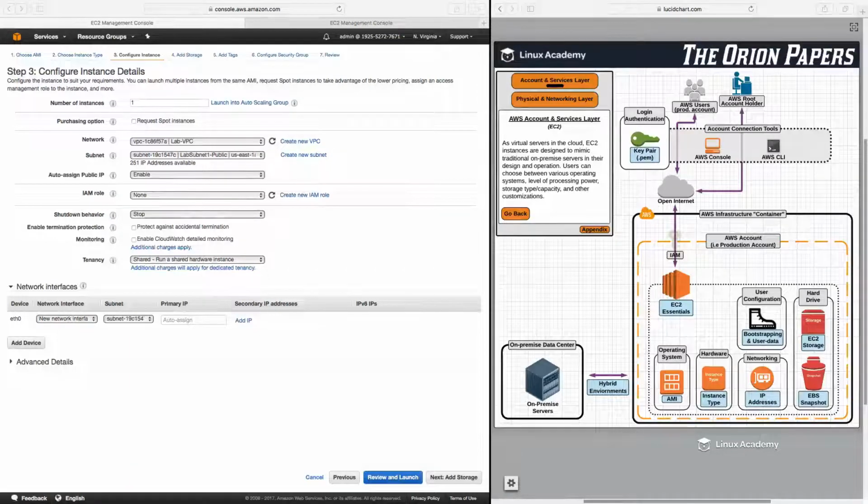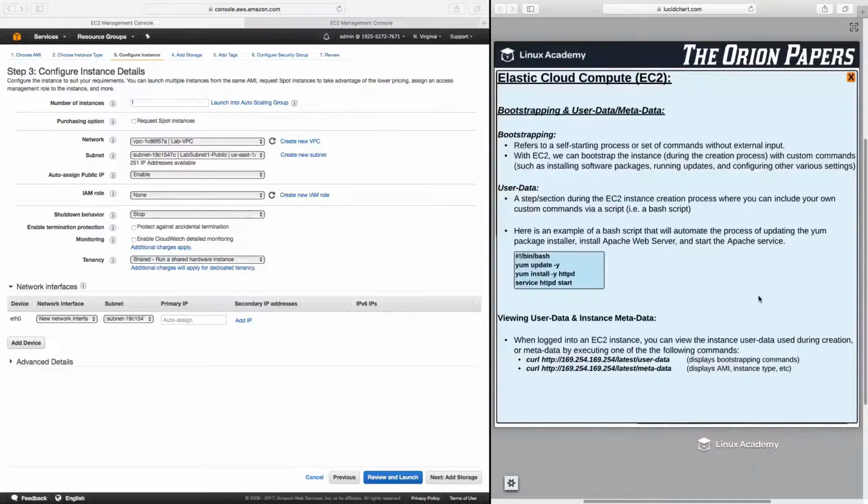Hello and welcome back. Moving on with step 3, in which we are continuing to configure instance details. We're moving out of our IP addressing section, and now we're going to move into bootstrapping and user data. So let's go over here to the Orion papers and click on bootstrapping and user data and understand what is